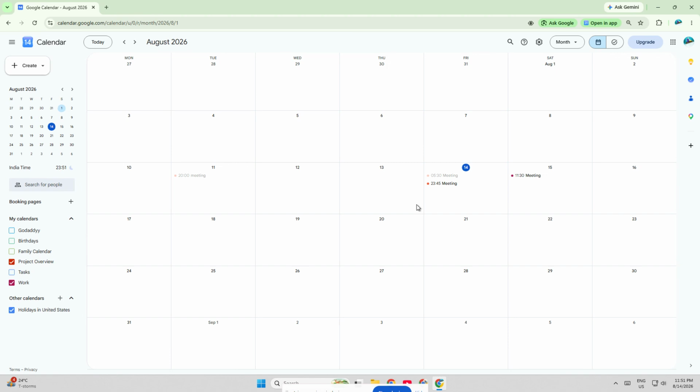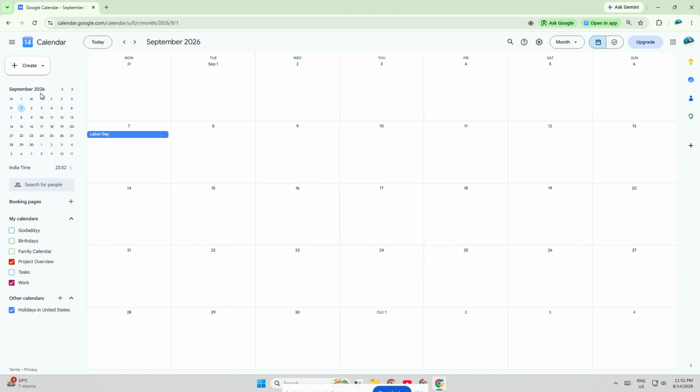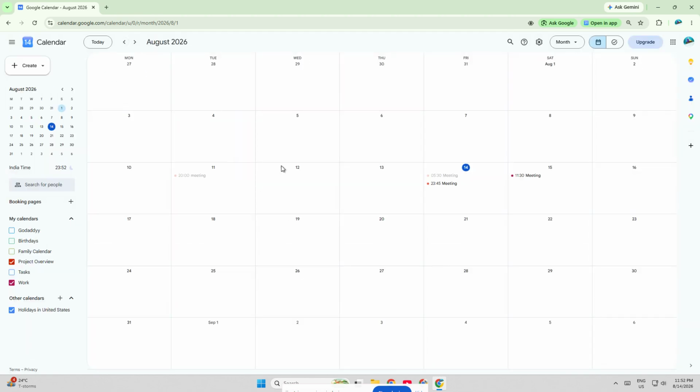It's a simple trick, but it makes scheduling and planning much easier, especially if you manage meetings, events, or content deadlines. If you're organizing work, school, or personal events, this is a great way to stay ahead and avoid missing